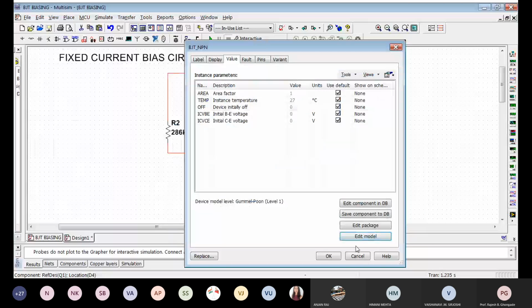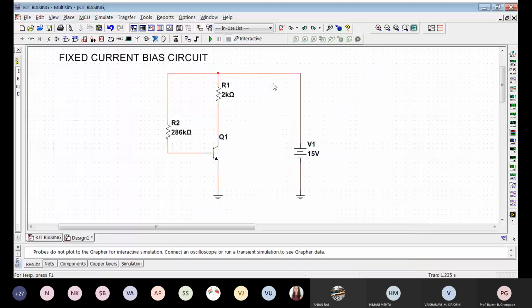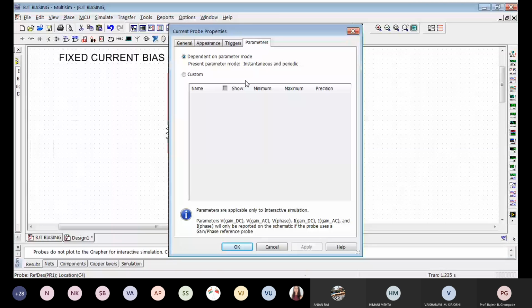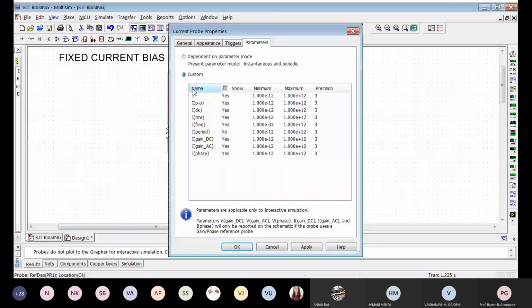All right. Now, what we are interested in is the collector current. So you can click on this probe and simply click over here. So this will be the collector current. Now we don't want all these parameters like this. So you can double click on that, go into custom, and then we don't want this, we don't want this, we want IDC, we don't want RMS, we don't want frequency. These other things are not required at this point of time.